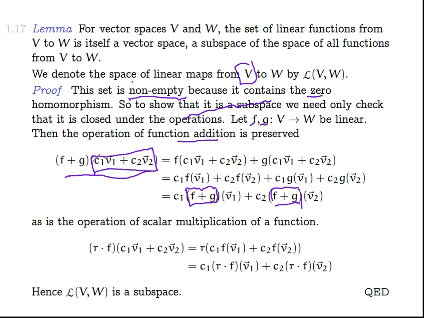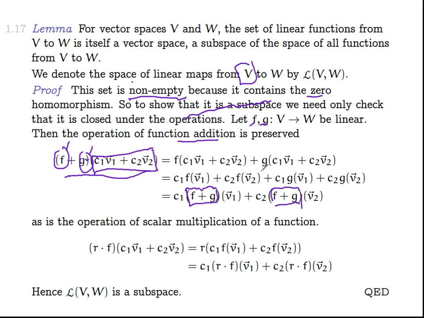What does that mean? If F is linear and G is linear, then F plus G is also linear. So if I'm treating this F and this G as vectors,